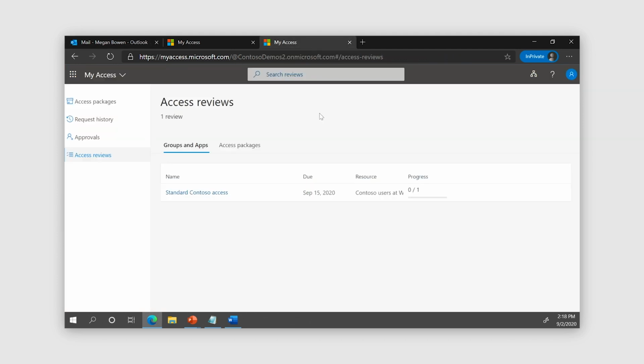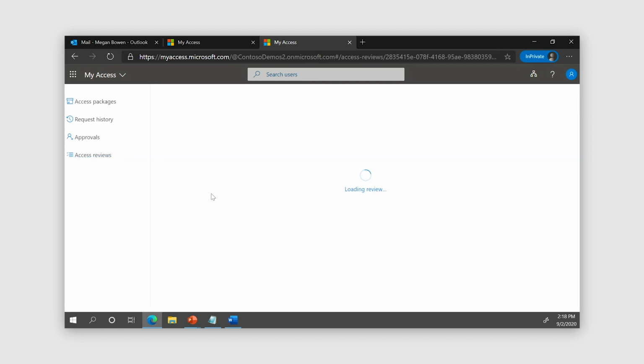Now let's imagine a month has passed. Megan has been working closely with Woodgrove. Woodgrove requires all their business partners to review the access every month. So now Megan can go into the access review experience, see the access review request, click on it,